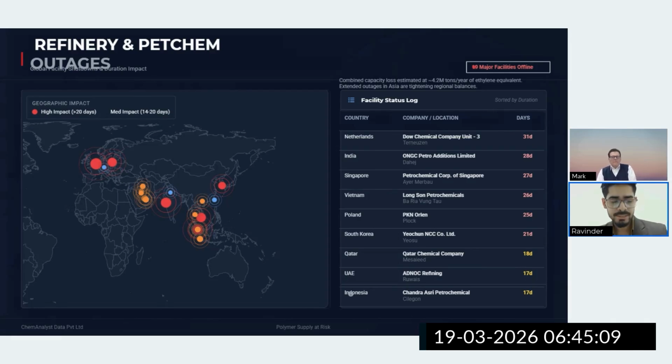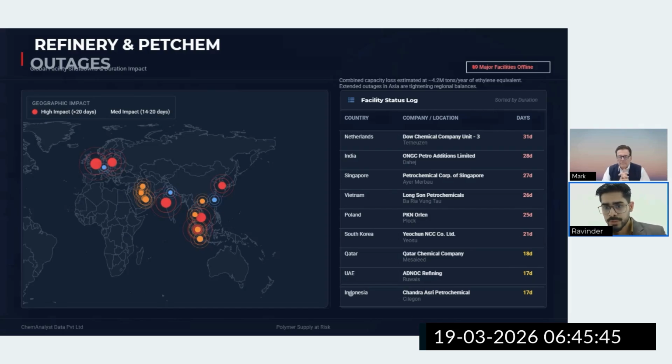Even in the best case scenario, if a ceasefire is announced, the impact of these production cuts is likely to remain for weeks or for months in some cases. Like if some plants in the Middle East have been directly struck by drone attacks and missiles, those plants won't be able to start producing within a month or even a couple of months. It will take a longer period of time to start producing at a normal scale.